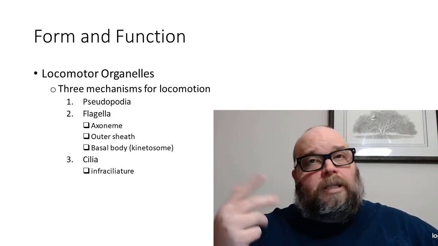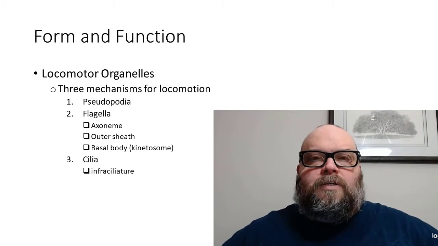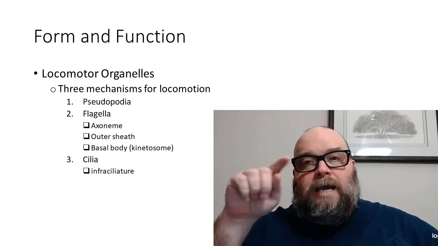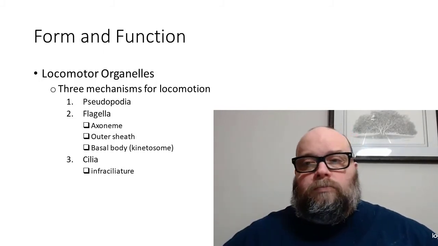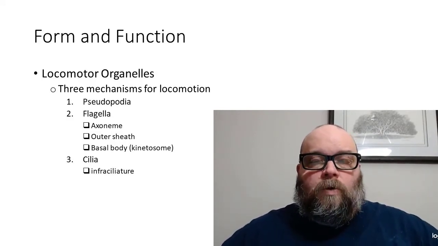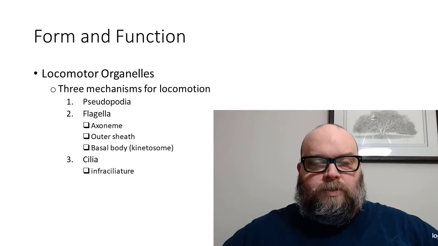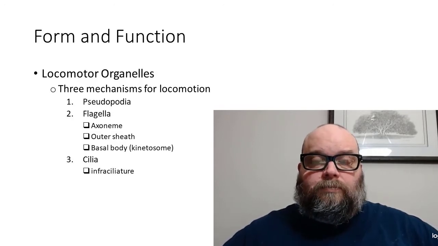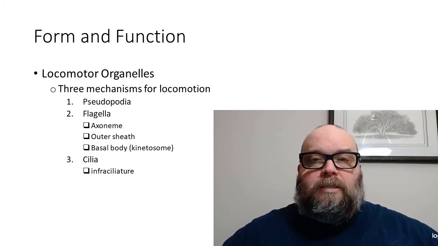When you look at the flagella, and the cilia to a lesser extent, you're going to see that 9 plus 2 orientation of microtubules. They refer to this as the axoneme. This 9 plus 2 microtubule structure at the base of it